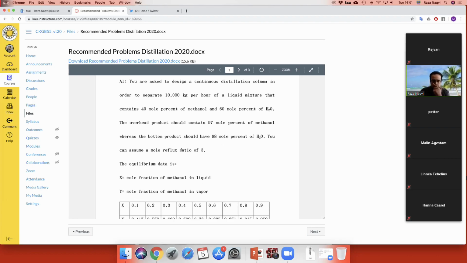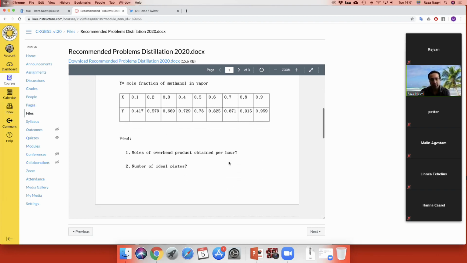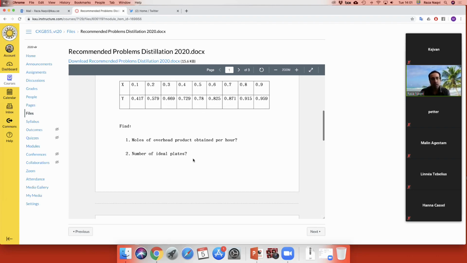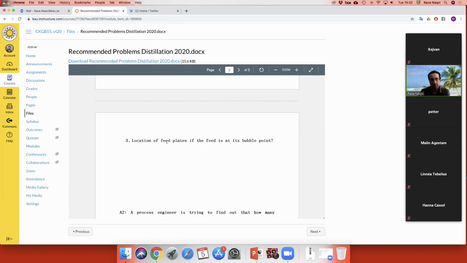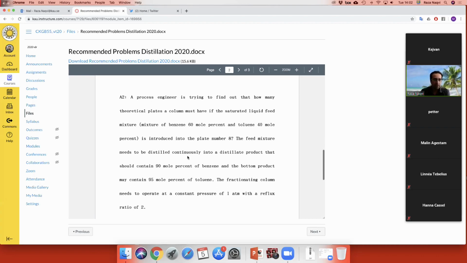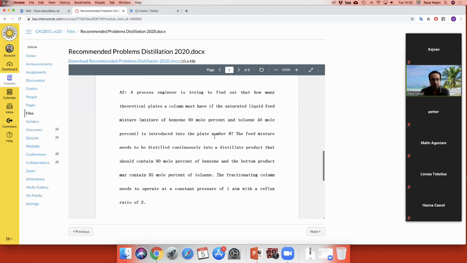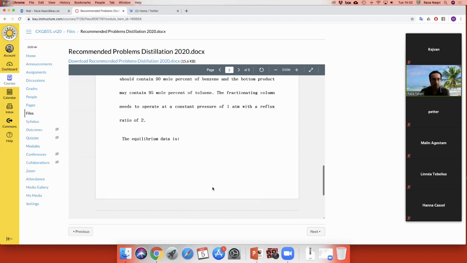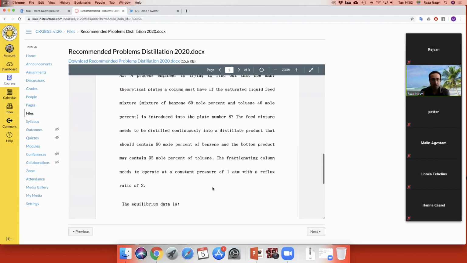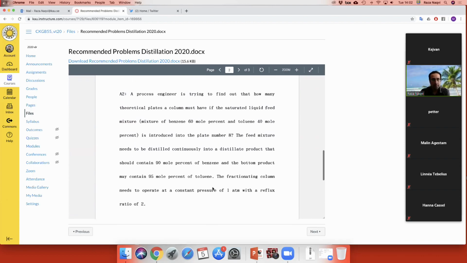If you assume a mole reflux ratio of 3 and equilibrium data is given, then you can perform a material balance to calculate how much overhead product, or distillate, you can obtain per hour. You calculate the number of ideal plates, and you can find the location of the feed plate if the feed is at bubble point. Similarly, I have another question where we know the feed plate, which is 8, and then you have to calculate